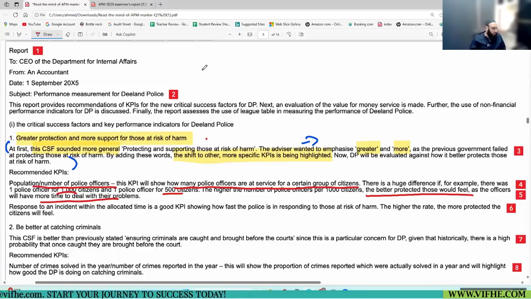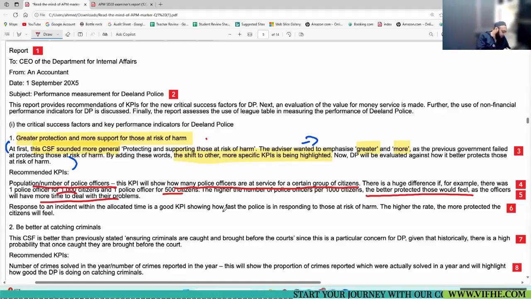Will the student be getting marks for this? Yes. This is so different from what the examiner mentioned, but it makes sense. Does it fulfill the meaning of protection? Yes. This is what I always say: your answer should make sense.